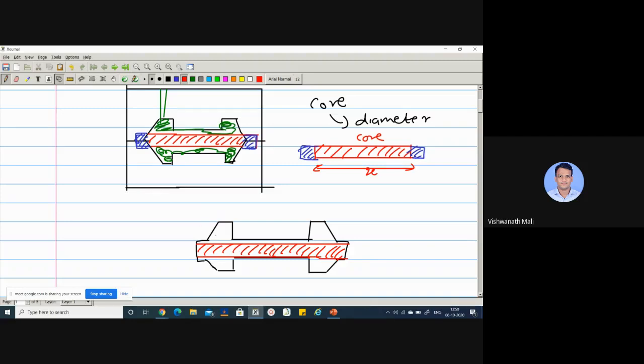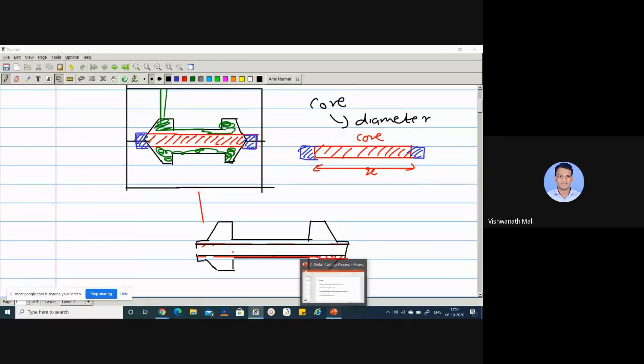With the help of hammer and chisels, we break this core, which is prepared from sand, and we get the hollow surface in our part. So this is the general procedure. We use the core, and with the help of the core, produce hollow parts or any internal features which are not possible to produce with the help of a pattern. So this is the general procedure, how to use the core and how to break the core.